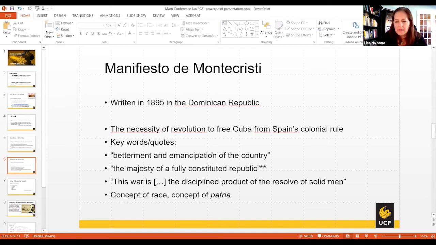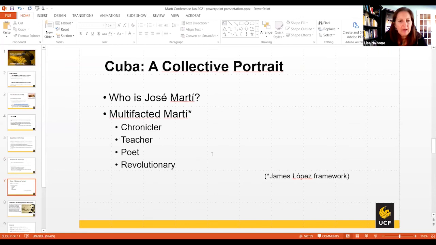And I really want to emphasize too that I want my students not to look at Spain as just this other area across the Atlantic Ocean. I want them to know that there are connections to be drawn, and I invite them to draw those connections. And then with the class, the Cuba A Collective Portrait, one of the things that I'm going to be repeating this lecture in just a couple of weeks, and I found that this framework that I took away from the